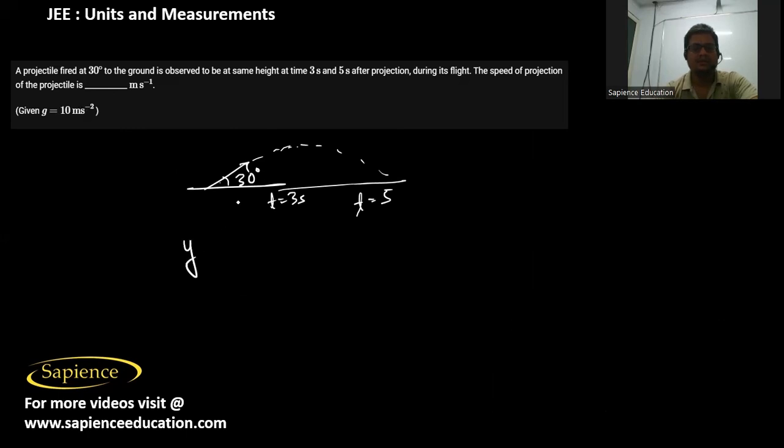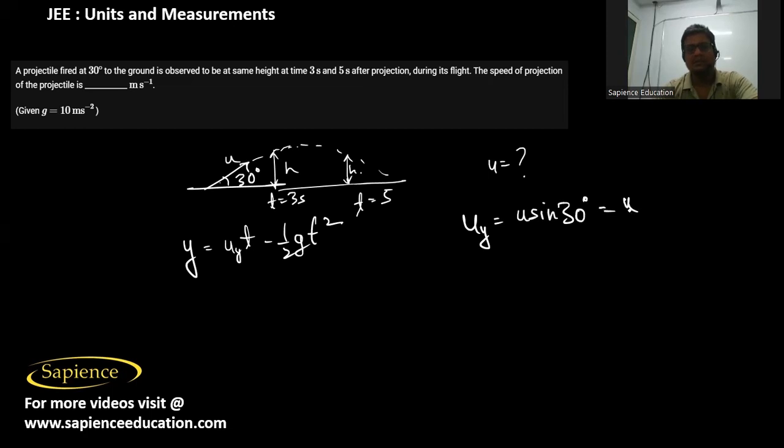So as you know, the height y at 3 seconds and at 5 seconds is the same. As you know, y equals u_y into t minus half g t square. So this is the same at 3 seconds and 5 seconds. Then you have to find the speed of projection, which is u. The y component of the initial velocity, that is u sin 30, is equal to u by 2. So therefore